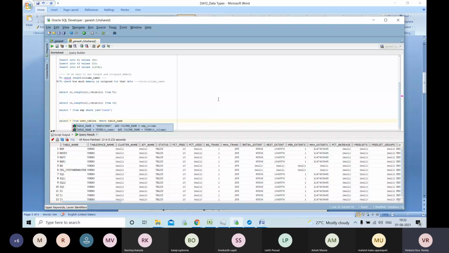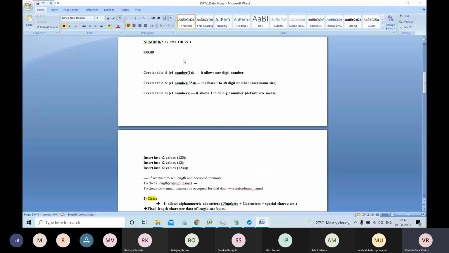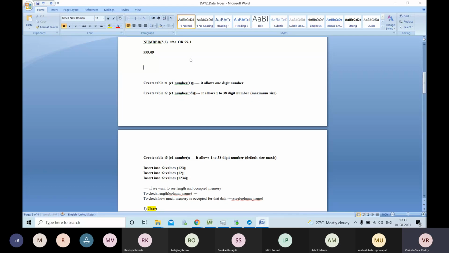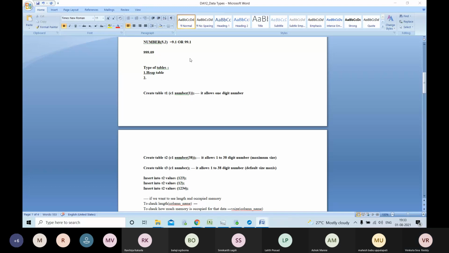One is a heap table, then the IoT table, and the global temporary table.